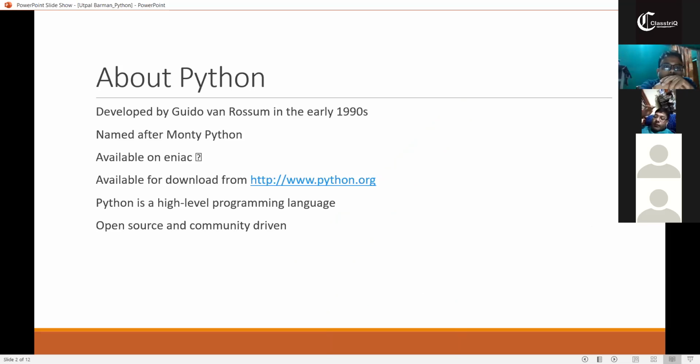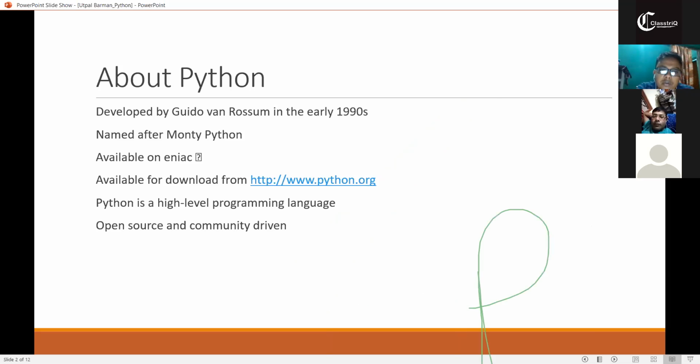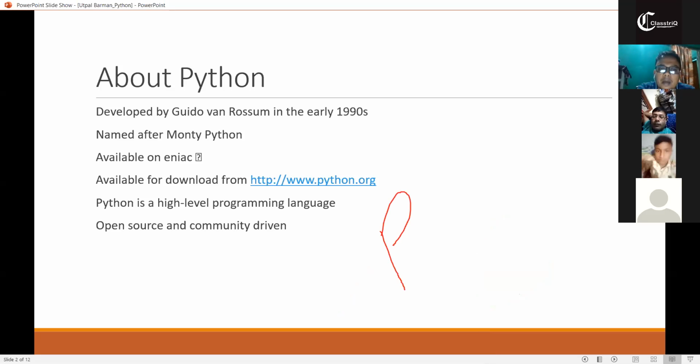So at an early stage, you just have to remember one point: it is a freely available language. You can download any version of Python from python.org, and it is open source and a community-driven language. Those four points are very, very essential. Open source, community driven, high level language, and any version can be downloaded from python.org. So now,